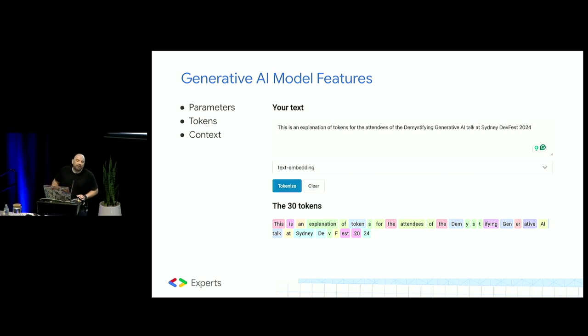Sorry to interrupt, but just wanted to clear up: the parameters, like transformer parameters, is that the actual count of the embeddings that models use? No, it's not. So, is the number of parameters the number of embeddings? No, it's not. We'll talk about it a little bit later, but it's more related to tokens, not parameters. Parameters are the relationships that the model has built internally. Okay, thanks. No, that's good. I'm glad that you asked.